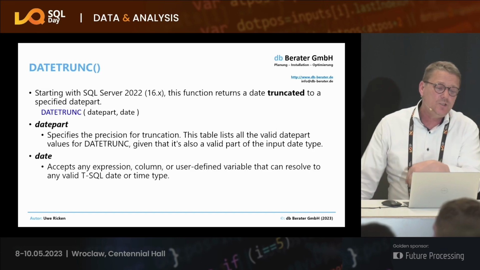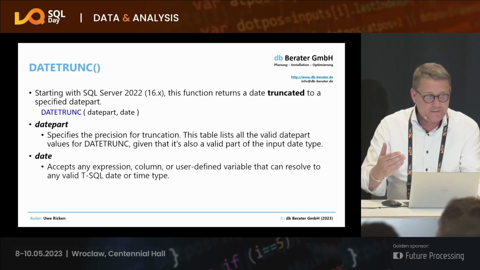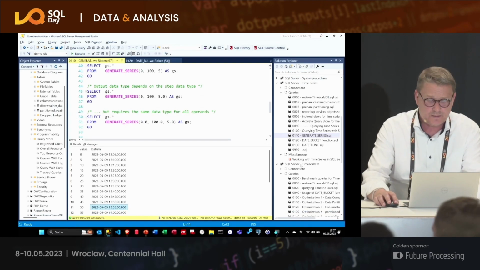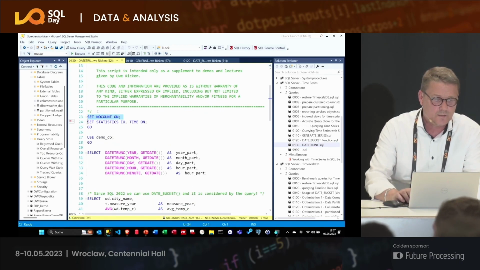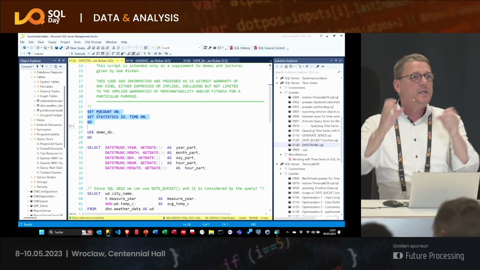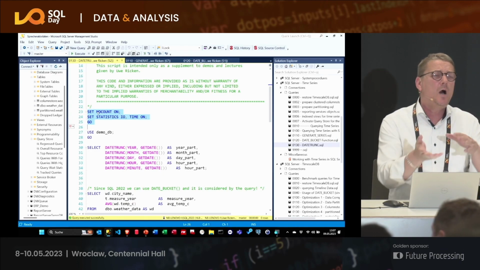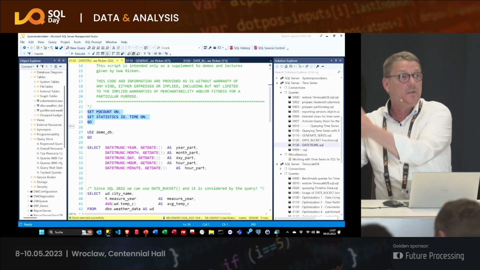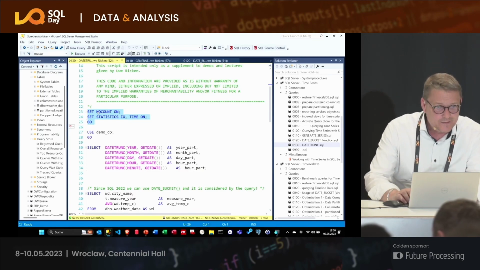Date trunc is something I didn't show you, but date trunc stands for truncate. What does this mean? Let me show this, very simple. I love this feature. I really love it. How often did I have the wish to say, we are now at the 9th of May and I want to have the beginning of this month. How did you calculate it? You say, oh, take the actual date, make it a date, subtract the day from the current date, and then plus 1, and then you have the first, blah, blah, blah. My goodness. That's so easy.